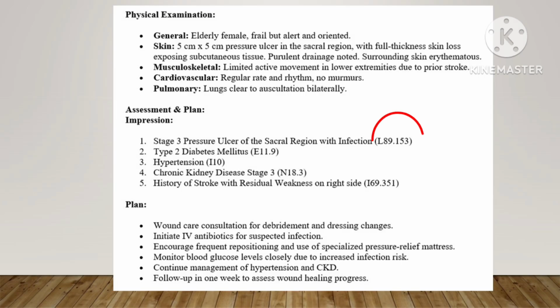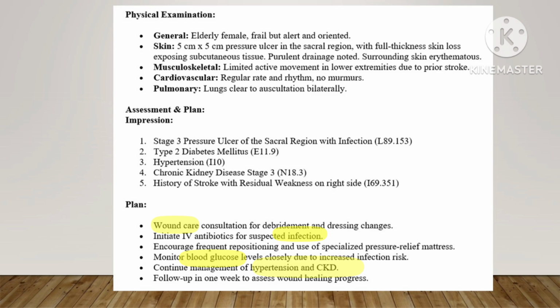If you have any code provided in the clinical chart, then do not blindly assume that it is correct. You have to cross-check in the ICD-10-CM book and then only append the code for any diagnosis. If you check the plan section, then they are talking about wound, infection, diabetes, HTN and CKD.